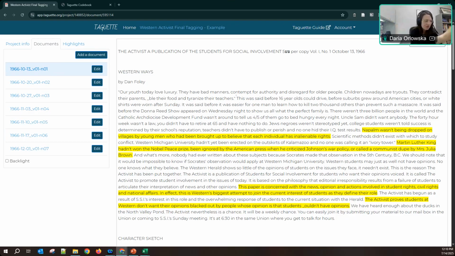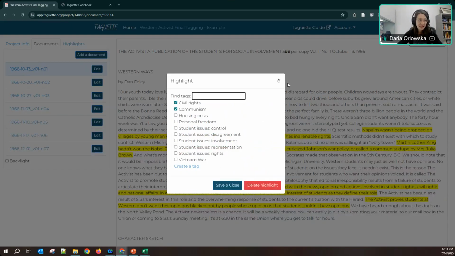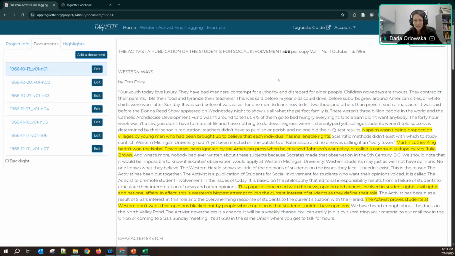Okay, so before I proceed with preparing results in Excel, I'm just going to go through some frequently asked questions, things that I've been asked all the time running this workshop. So, is there a way, Daria, to change the color of these tags? You see they are yellow. No, unfortunately, there's not a way to change the color of the tags. They're always just going to be yellow. Like I said, you can hover over them to see what has been tagged, if it's one tag or two tags, or you can click into them to see what's been tagged, if it was double tagged. But you can't change the color. The color we can change within Excel, and I'll show you how to do that shortly.